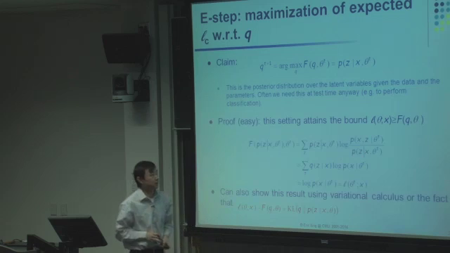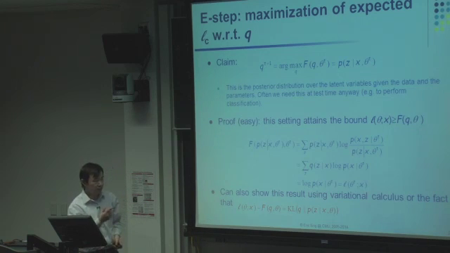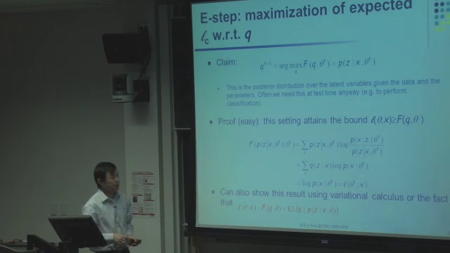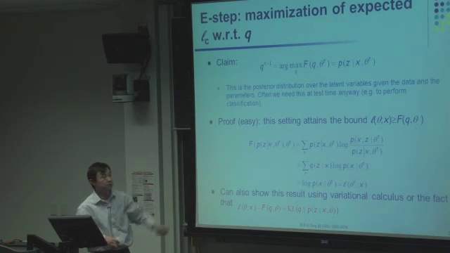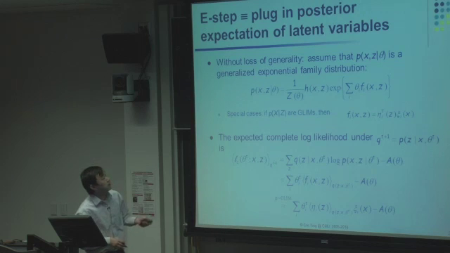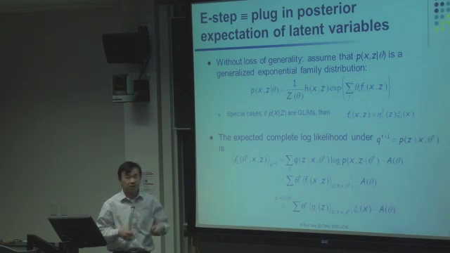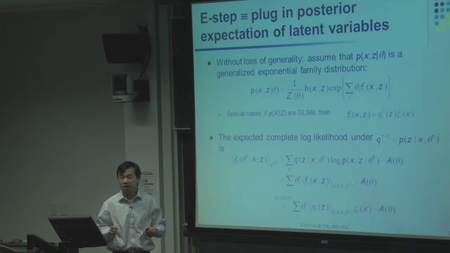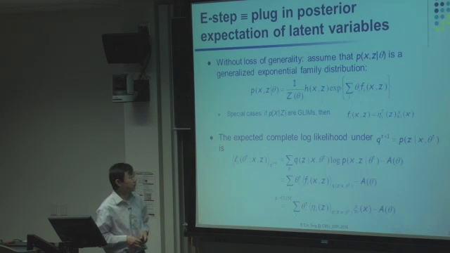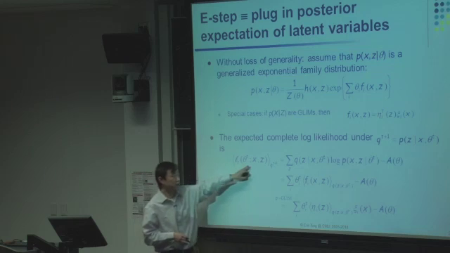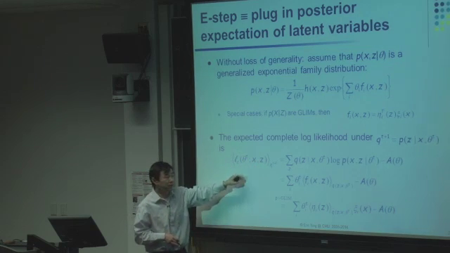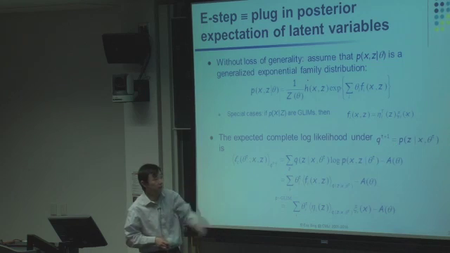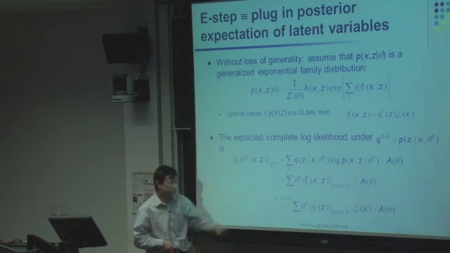Okay. So that's a subtlety behind EM. Many people probably didn't get that far, but I want you to realize that. And the proof is extremely simple in here. It's just by inspection. And then, in the E step, just by inspection, we know that the maximizer of the F function with respect to all possible distributions over the hidden variable is the posterior of the hidden variable given the data. And then you are going to bring that back to our objective. So this is our original objective, okay? And you bring back this Q to be that P of Z given X. Then what you get is actually